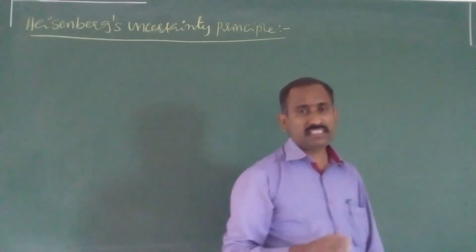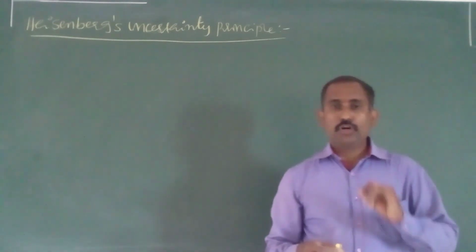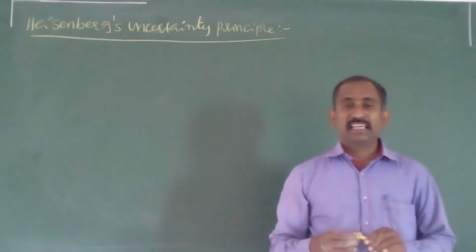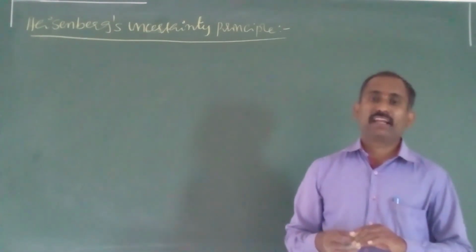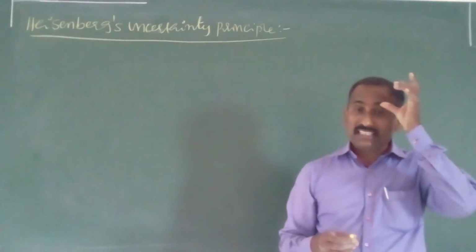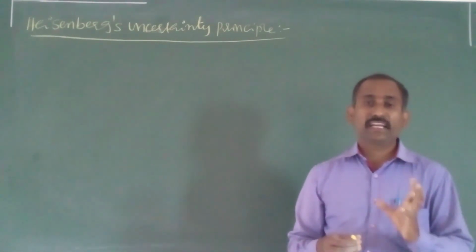Easy statement. Heisenberg's uncertainty principle means it is impossible to determine the exact position as well as momentum or velocity of a moving subatomic particle like an electron accurately and